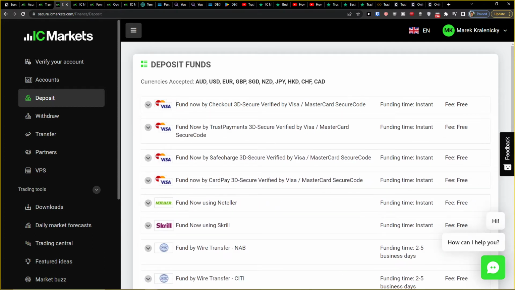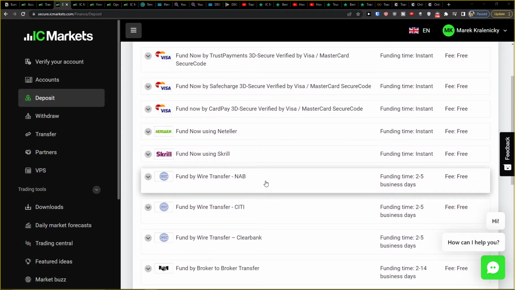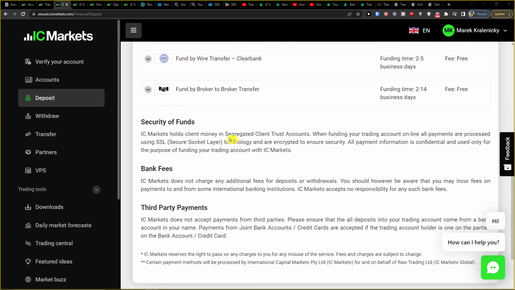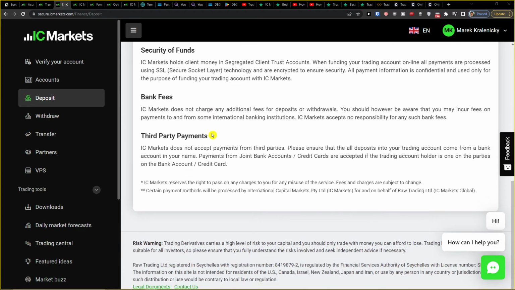You can check out freely and securely through Visa or MasterCard. And then you're going to have Skrill, Neteller, or fund by wire transfer. So that's how you can do it. And you're going to have the security funds,